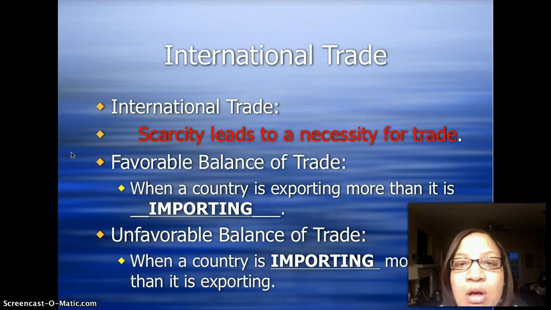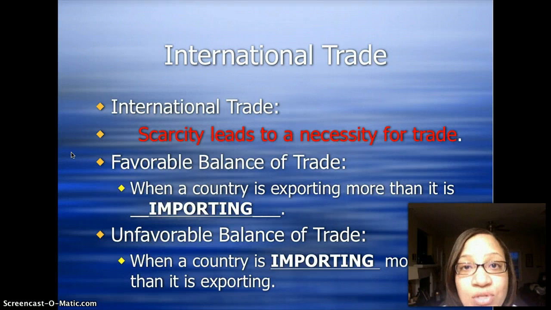Looking at oil. We have to go to the Middle East to get oil because we don't want to use all our oil in the United States and run out of it, but we don't have enough to supply all the cars that we have in the United States, so we have to go to the Middle East to use their oil. So scarcity causes us to trade with other countries because we just don't have enough of that product in our country, and vice versa. They may not have a certain product that we have in the United States that causes them to want to